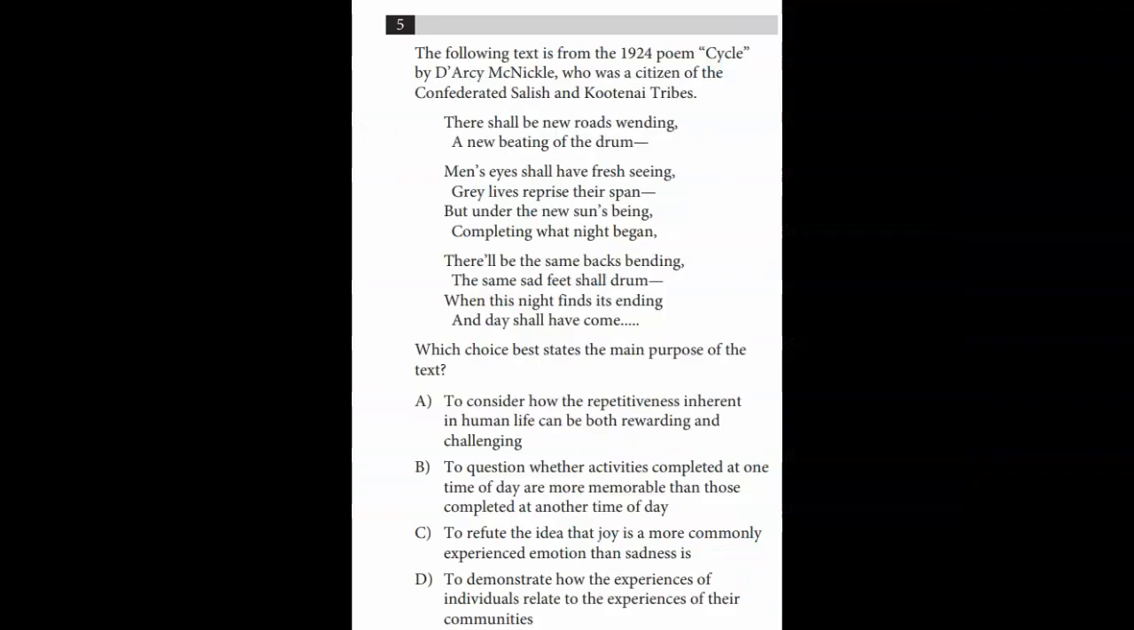All right, number 15. Which choice best states the main purpose of the text? All right, let's read it. Following the text in the 1924 poem Cycle, that could be a hint, who was citizen of the Confederated Salish and Kootenai Tribes. Okay, that could also be a hint. So